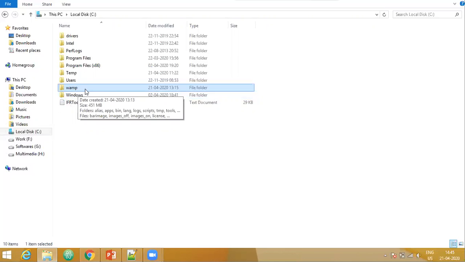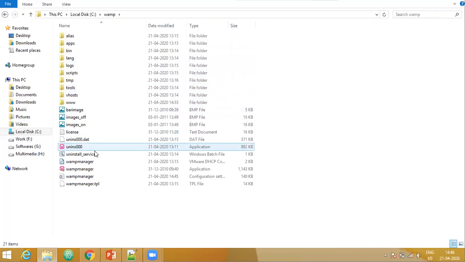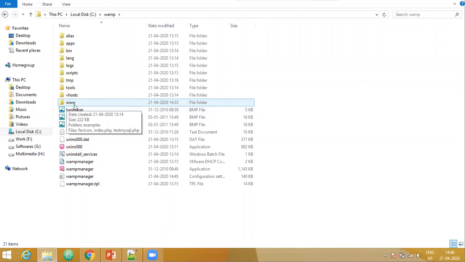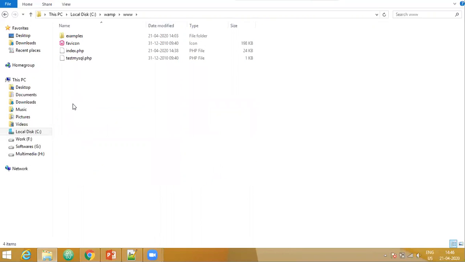You don't have to create this manually. It is already created by the WAMP server at the time of installation. You double click this and inside you'll find different folders and files. Our main concentration has to be on this www. In this www, you have to save your files.